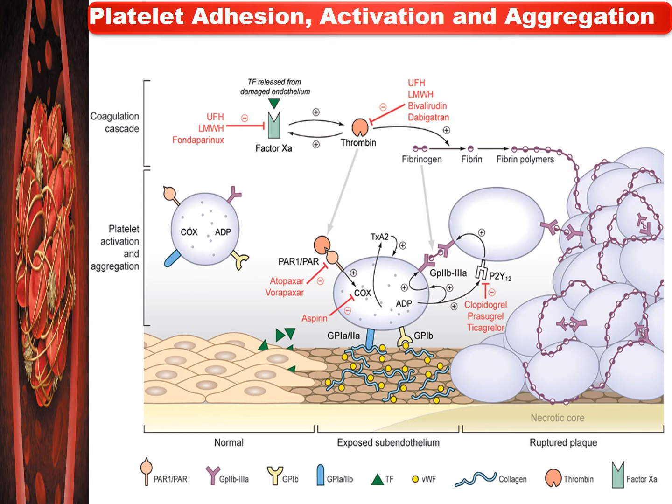In case of vein, due to the sluggish blood flow, a fibrinous tail is formed which traps RBCs, the red tail. But in case of the arteries, the platelet mass is the main constituent of the thrombus. And the antiplatelet drugs are therefore more useful in arterial thrombosis, while the anticoagulants are more effective in venous